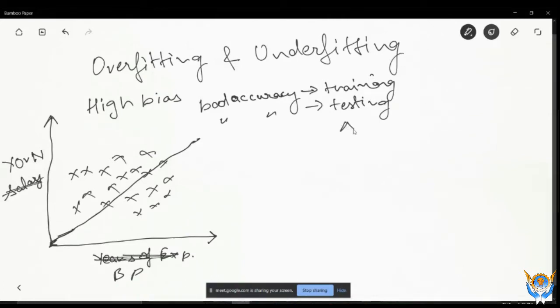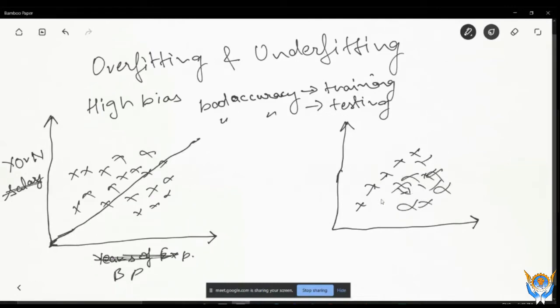Then in overfitting, what will happen? In overfitting, I will take the same data set, and this is your blood pressure, and this is yes or no. So what will happen here? You are trying to build this kind of a model.